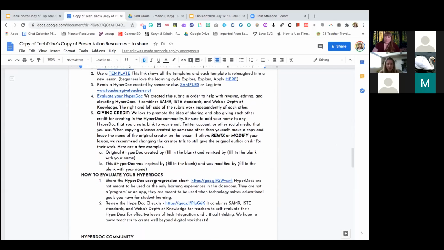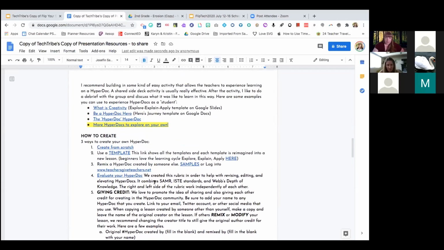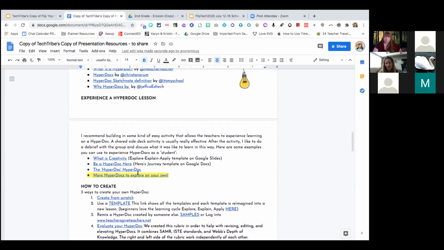Yeah, so go back right where you see the highlighted piece. It says the Hyperdoc. I don't make Kristen open it, but it's literally a Hyperdoc to teach you about Hyperdocs, like how to create it and what they are. They're the Hyperdoc girls. If you Google them, they're amazing. They have a book out. They have tons of resources.